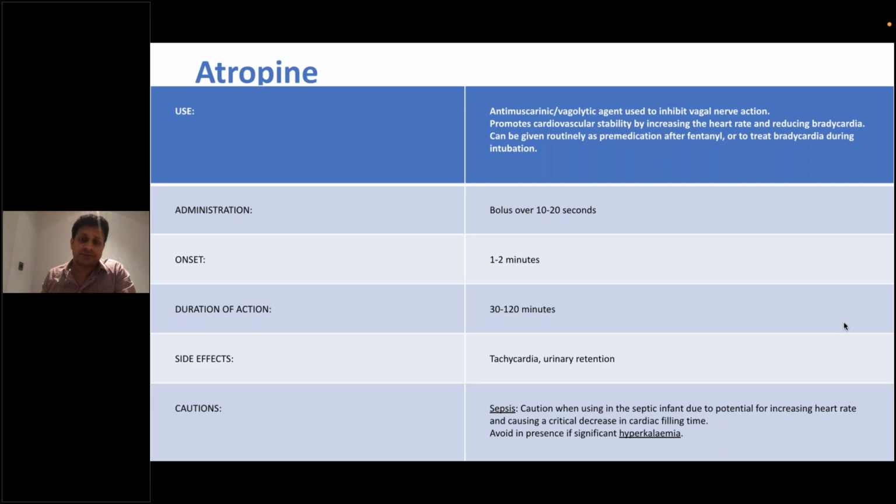Once atropine is given, the post-procedure heart rate might be very high for a very long time, up to a good 1 or 2 hours. In that case, it's just an effect of atropine, and you need to allow time for it to come down. One of the knock-on effects is urinary retention. As far as possible, we don't use atropine as a routine in newborn intubation.